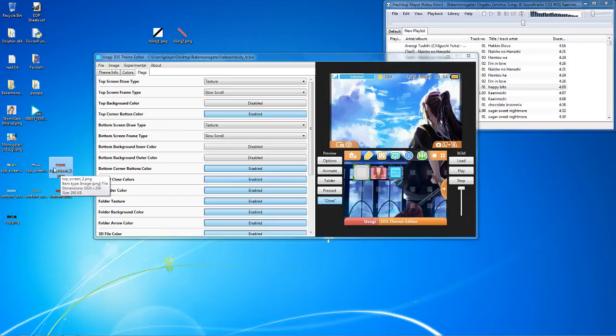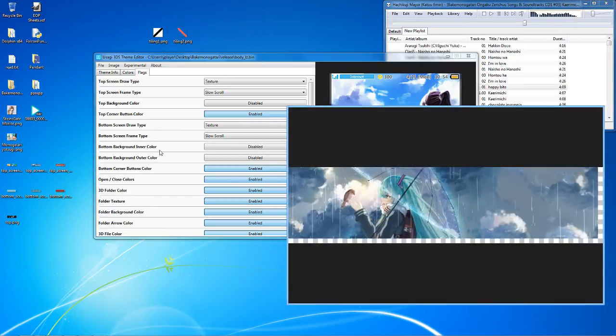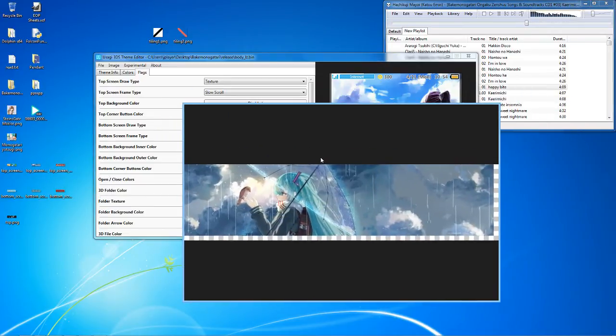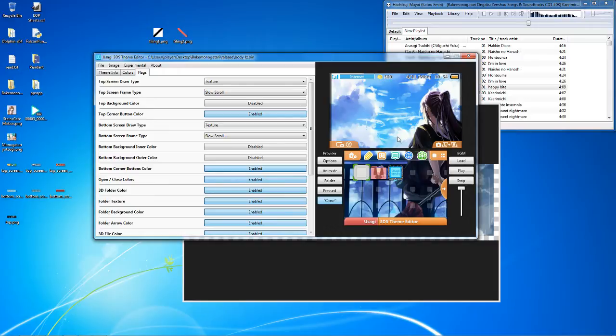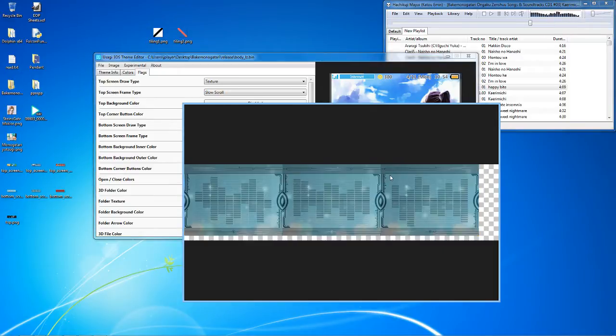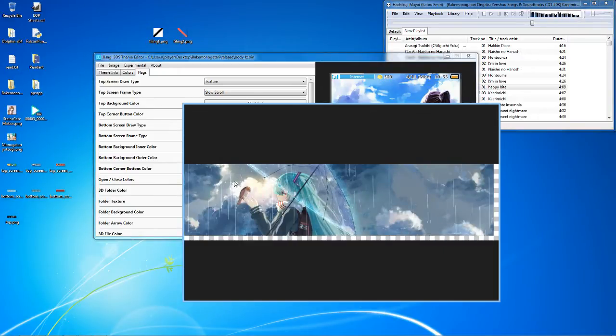So I guess I'll show those off first. So this is the first way. I used this twice already. I used it on this image, and I also used it on this image, which, if the image is long enough, you can take one part of it and shuffle it to the back, and as long as you have